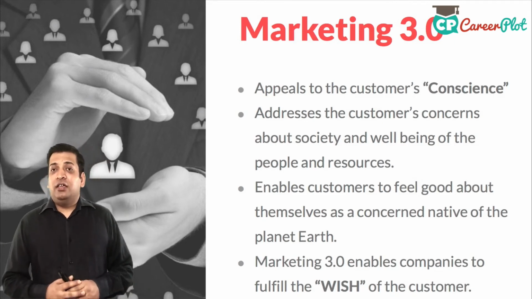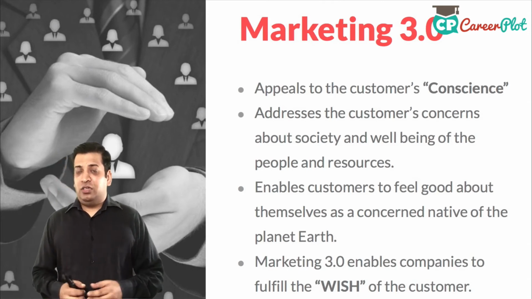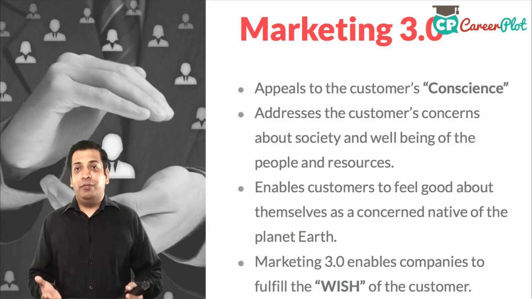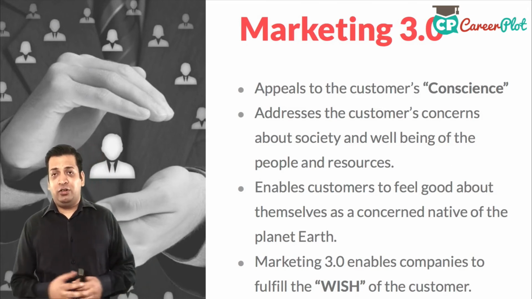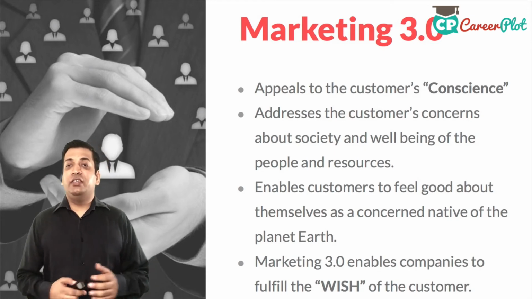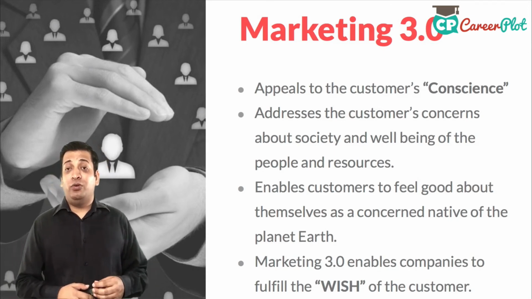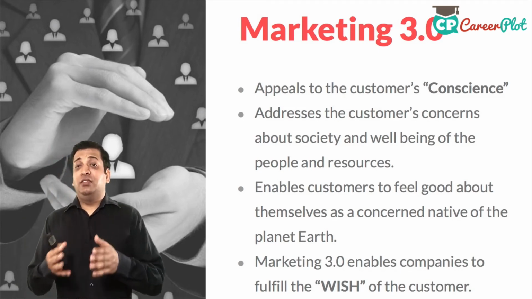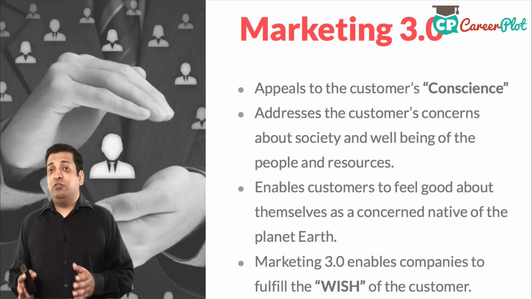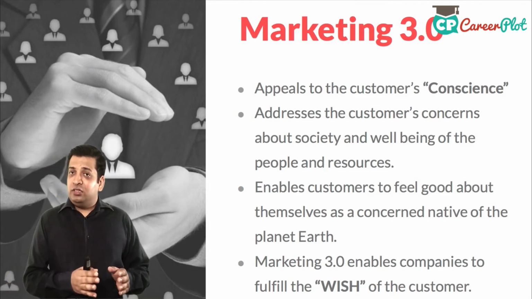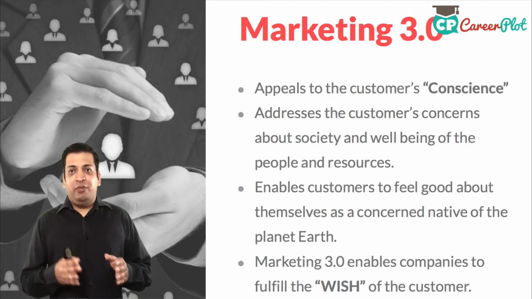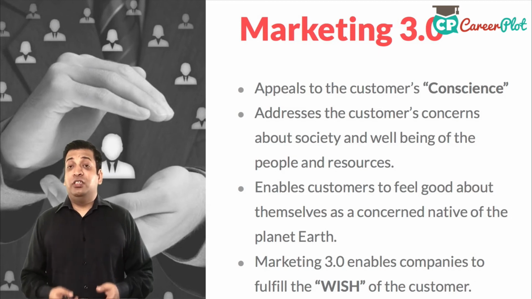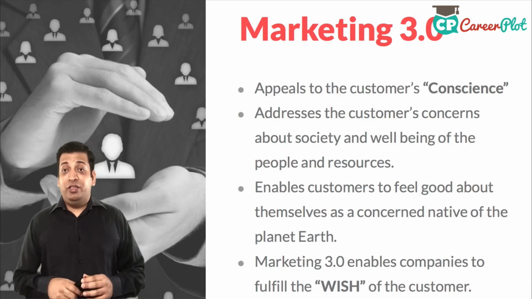And then if you have a product which is a social cause, or if you have a product which can actually save electricity, for example, the CFL bulbs or any electricity components, right? They do communicate that, hey, with using this bulb, you will be not only saving money, but you'll be saving the environment. So you should place the product in that category, and that's how your products have to be positioned. So marketing 1.0, 2.0 and 3.0, the game of mind, heart and conscience, helps you in making your product positioning very effective and very, very useful.